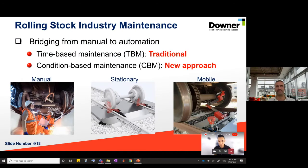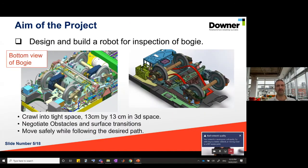There are some platforms in the market. They usually use a stationary system or a mobile platform. But the problem is here, as can be seen from this bottom view of the bogie, it is very complicated. So if we just use such a technology, we are not able to get access to all sites